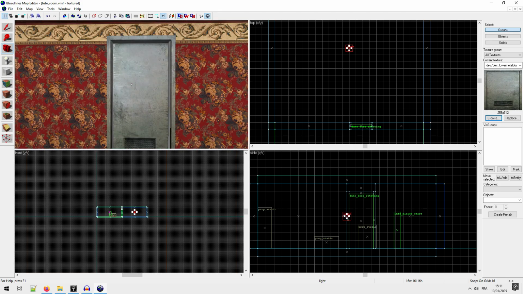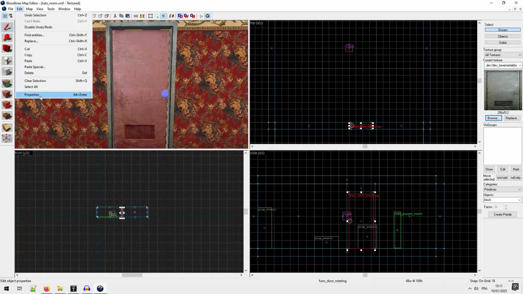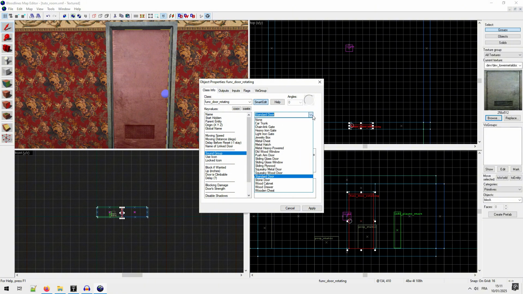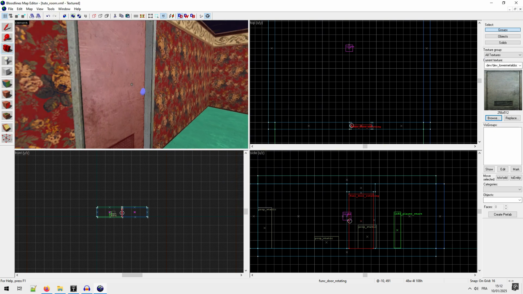We are back in Hammer. So to change our default icon, in fact, you have plenty of properties in the func door rotating. So for example, here you have use icon, and I pick door default. And sound group, I will put squeaky metal door. Apply. Okay, so this is an easy fix.